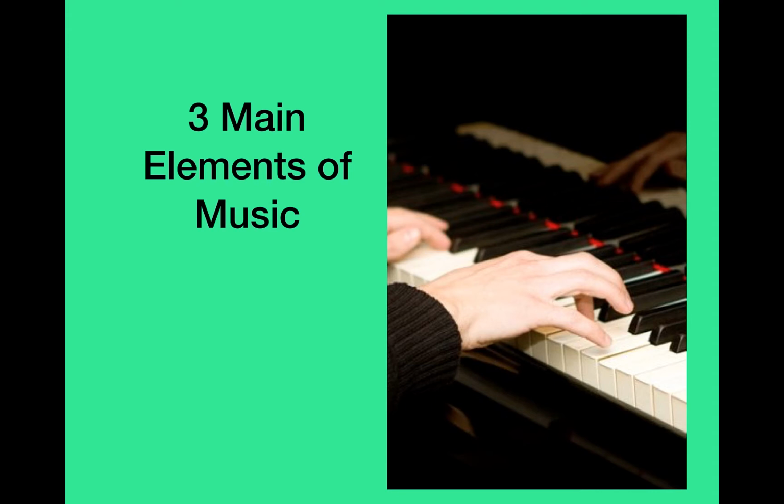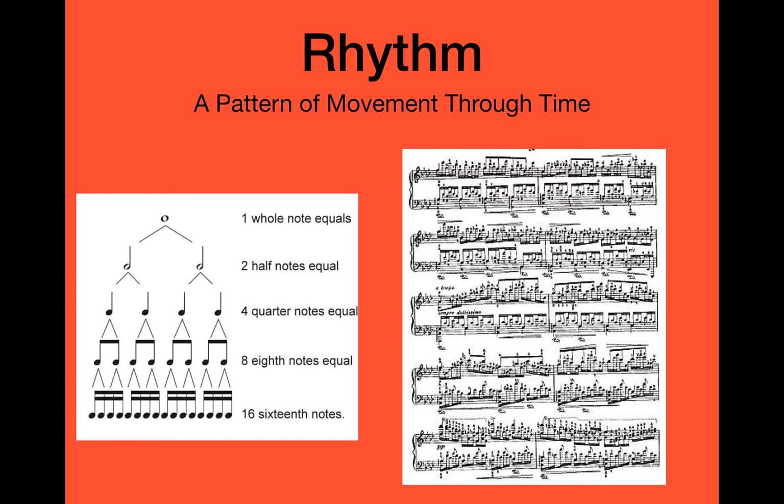So, what you're going to read in your first three chapters are about the three main elements of music. And we begin with the first element being rhythm. My definition of rhythm is a pattern of movement through time. So a rhythm is different than beats. We can have a beat, just